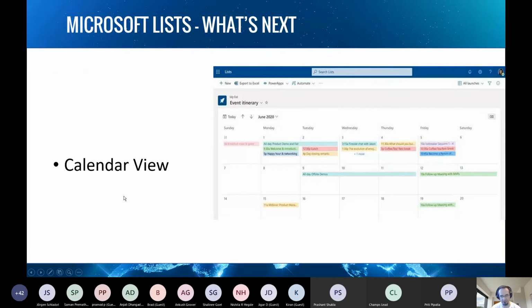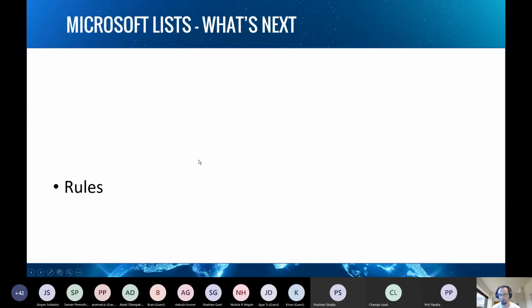And yes, calendar view is coming to lists. Currently we have only list, compact list, and gallery. And calendar view will be available next month, or definitely this year. Rules, yes. Currently we don't have any rules.